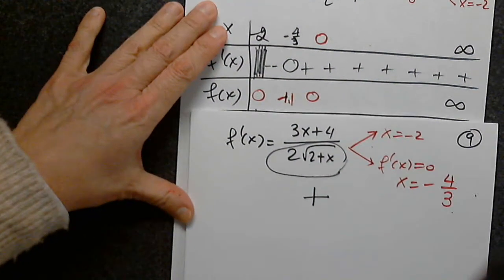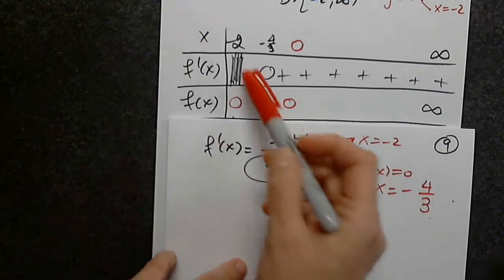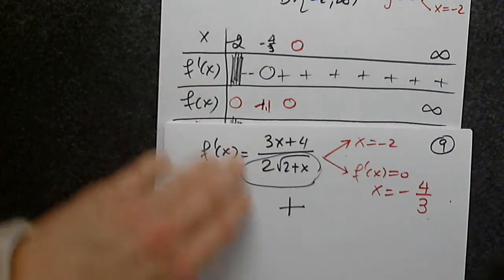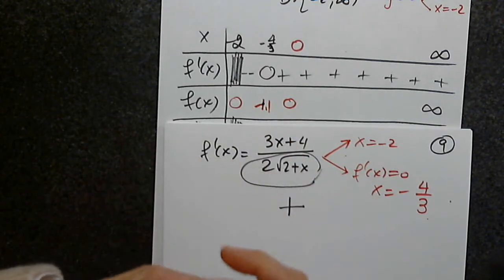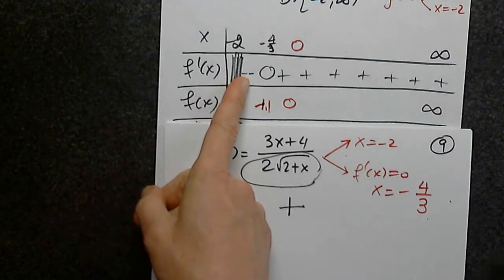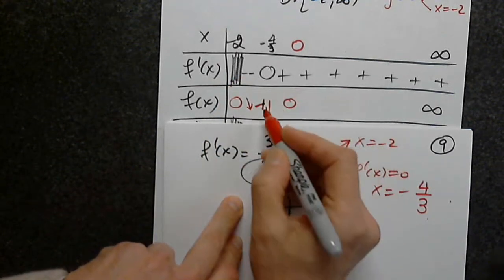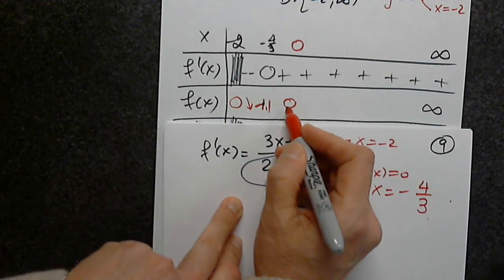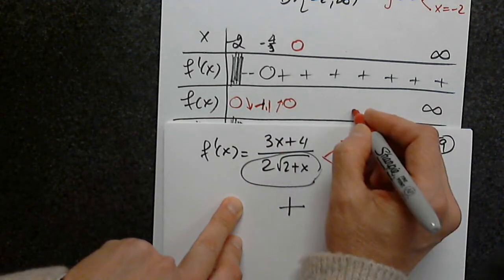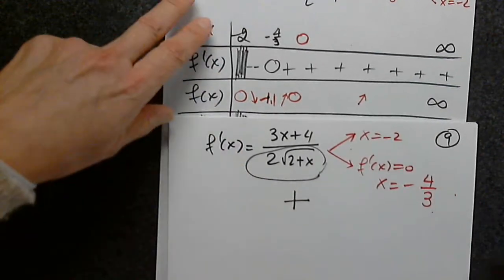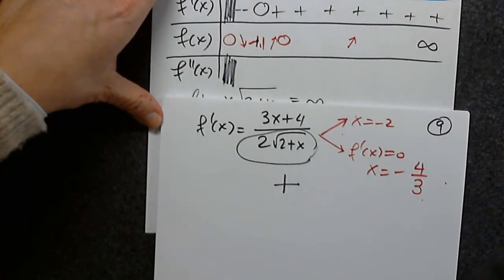Okay, moment of truth. I want to make sure that these two work together well. From 0 to negative 1.1, the function appears to be, is that supported by the sign of the first derivative? Yes. From negative 1.1 to 0, is it supported by, okay. And from 0 to infinity, is it supported by? Yes. Okay. Now I will look at the second derivative,